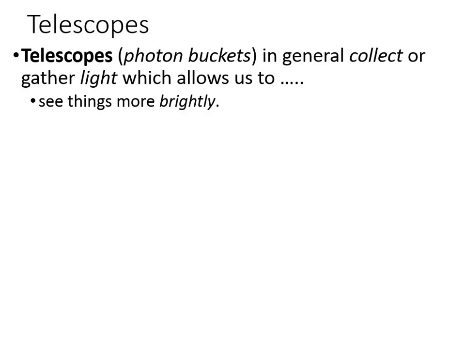They gather all the photons that are landing on the mirror or the lens to one spot. We're going to call that the focal point. So they allow us to gather that light and concentrate it so we can see things more brightly. We can see detail on things. And how good is your telescope? Well, there's something called angular resolution we're going to talk about. Basically, that's: does your telescope brighten things, and can you see crisp detail?